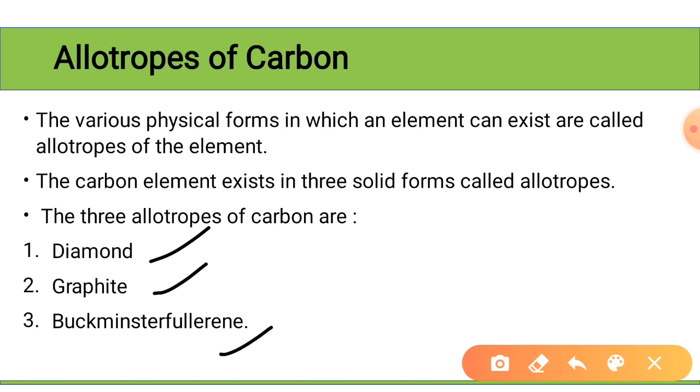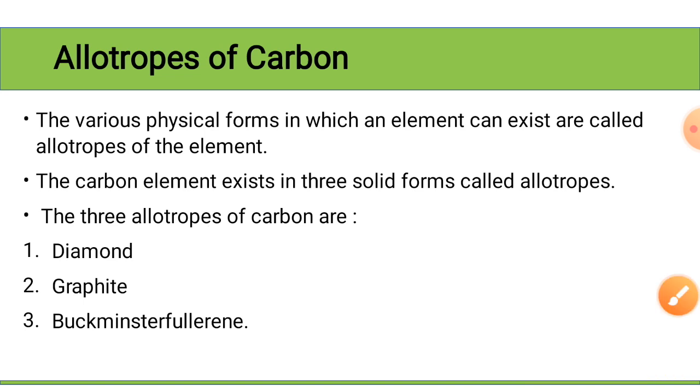These three allotropic forms which we will discuss are called the crystalline forms. When I say crystalline form, it means that these three allotropes of carbon have a long chain of repeating units of the same kind, the same pattern of atoms in them. That's why they are crystalline. Though carbon is capable of having an amorphous form, in which it has short range repeating units. Those amorphous forms are coal, lamp black, and charcoal. But we will discuss just three things.